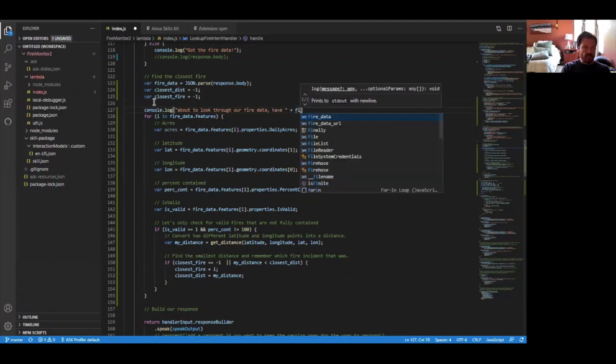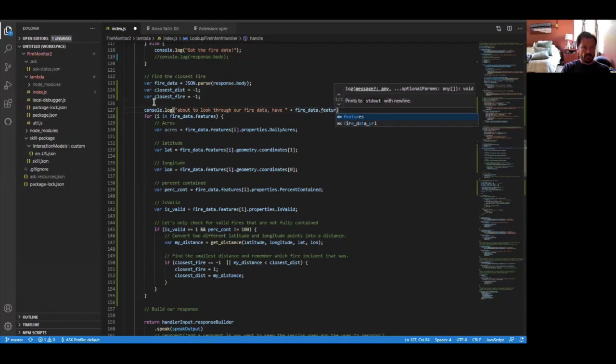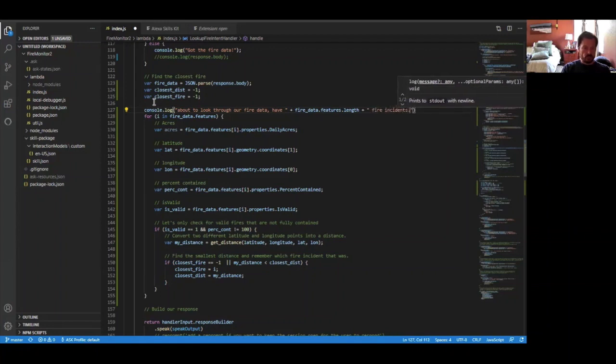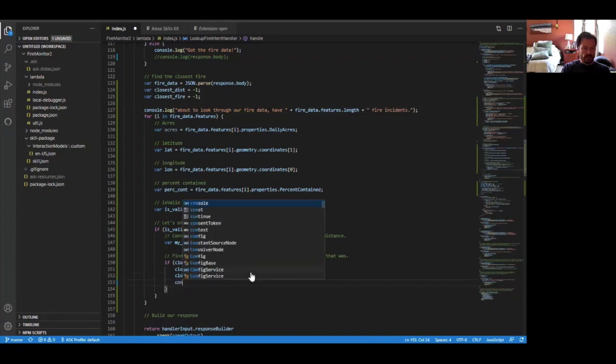Now let's see if we can get fire data features length, fire incidents. Okay, so that'll tell us how many, and then down here what we can do is